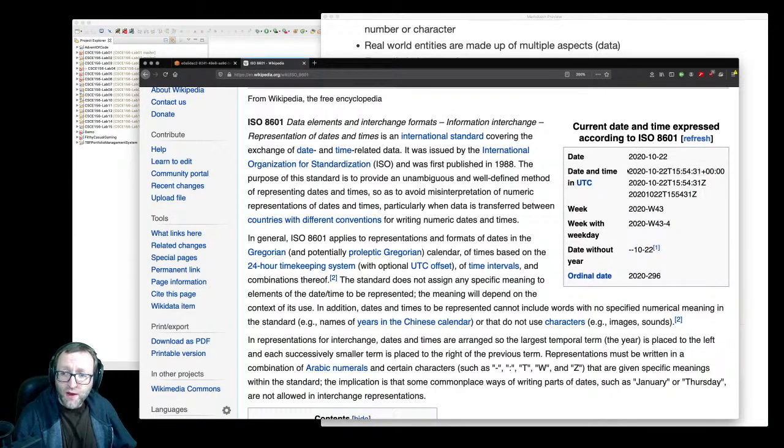Not only that, the way they've done it here is they've made sure that it's lexicographically orderable. So if you have a bunch of dates, the most significant values are first. So the years, then the months, then the days. That's how you should always do dates anyway, right? The American way of doing it is wrong. The European way of doing it is wrong. ISO 8601 is the correct way of doing it